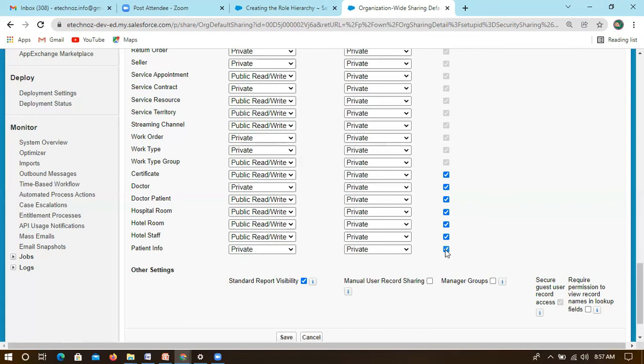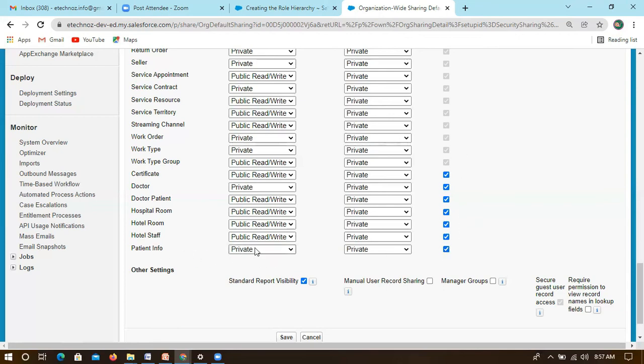Likewise, if we disable this, he will only see his own records. He can't access the below-level records. So he can only see his records. But if it is enabled, you can see the downline information as well. So we can control that here at the OWD level.